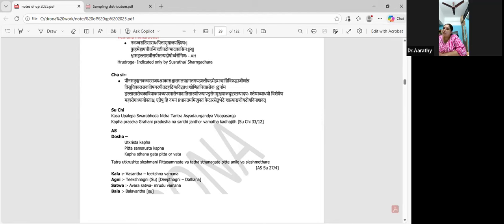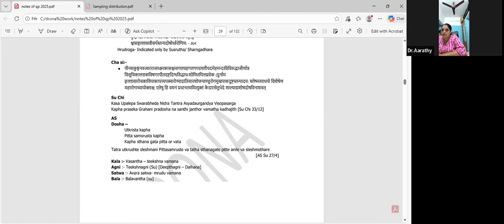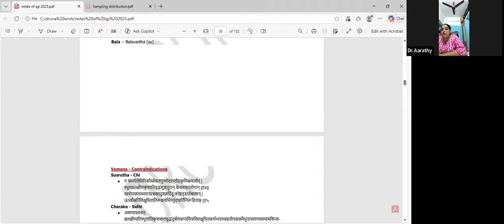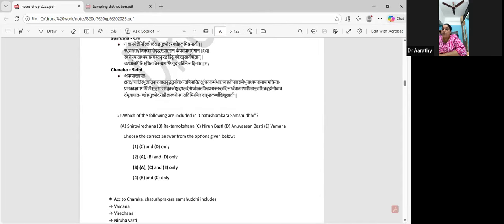Else you will have to mug up. Okay. So somehow you will have to study it because it is very, very important. Not only Vamana, but for that matter all the Panchakarma procedures, the indications and contraindications are very important. Okay. Then,